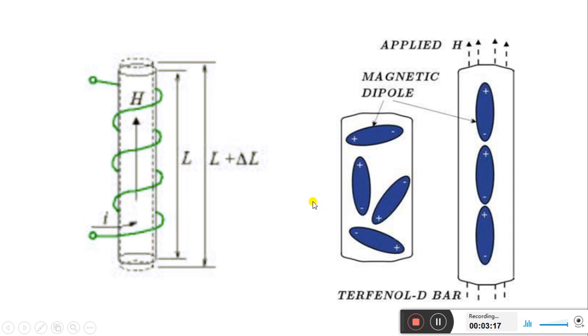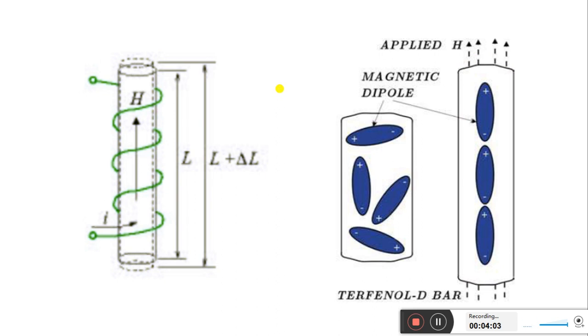So what is the mechanism behind it? That is shown here: this is a material and these are the dipole moments which are randomly located inside this magnetic material. Now if you apply a magnetic field to this material, then the alignment of these dipole moments takes place and the shape of this magnetic material changes. So it is clearly visible here that when these magnetic moments align in one direction, then the shape or the length of this magnetic material is changed. So that is called the